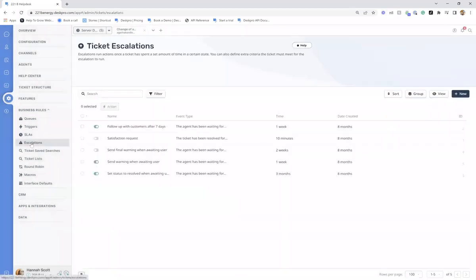Moving on from SLAs, along the same vein, once a ticket has gone through that SLA process, it's not going to keep running again. So that's where escalations come in. Escalations are your time-based automations to manage the movement of tickets and stop tickets from becoming stagnant post that first response. So this works both ways. The overall aim of a help desk is to ensure that tickets are being resolved, and whether that's them being resolved